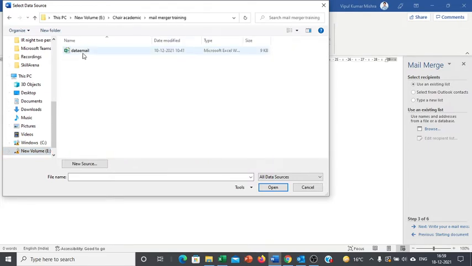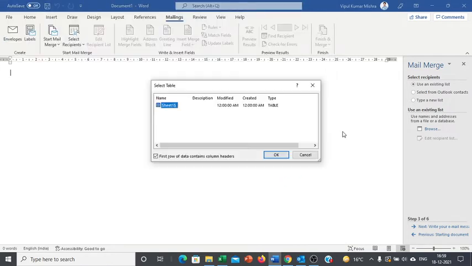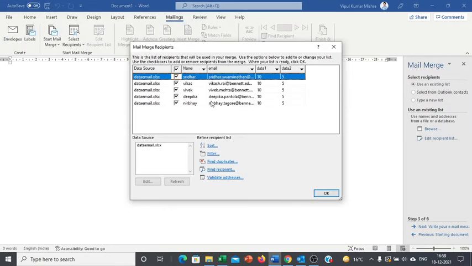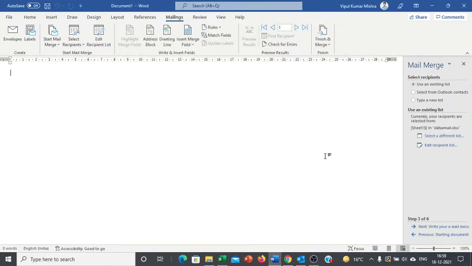So this Excel file I have here, I just open it. Now it opens, and it shows you have the name, the email, data 1, data 2. If you have multiple data, that will come into the picture. Once you're done, you click next and write your email.